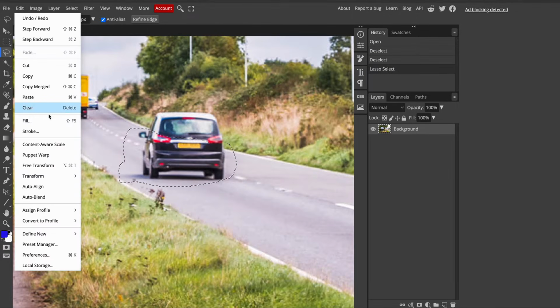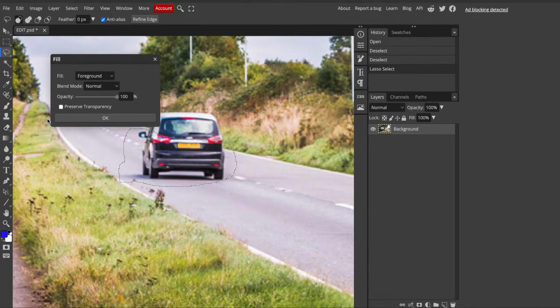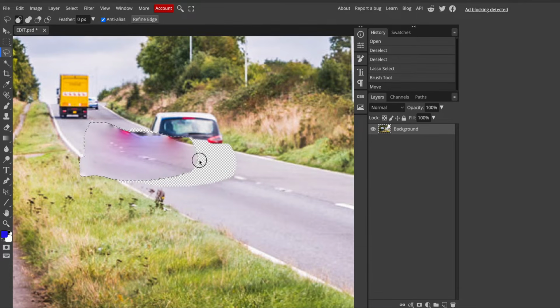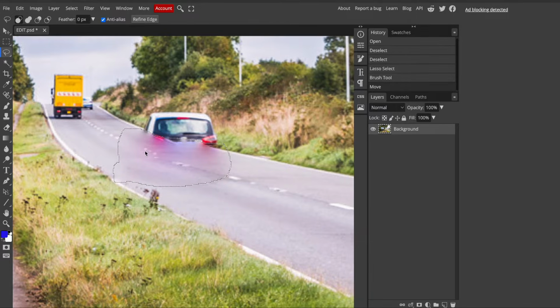Click on the edit and there is an option for fill. Click on the fill and then from here you just add the content error and OK. When I click OK, it just takes some of the background, right? But there is still some of the green background here, so we need some time to do this actually. So again I will take the lasso tool like this. Okay,